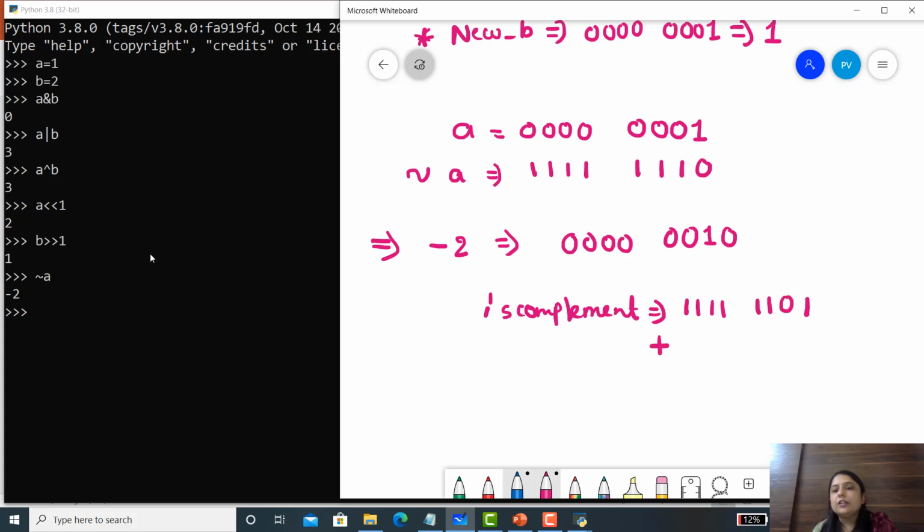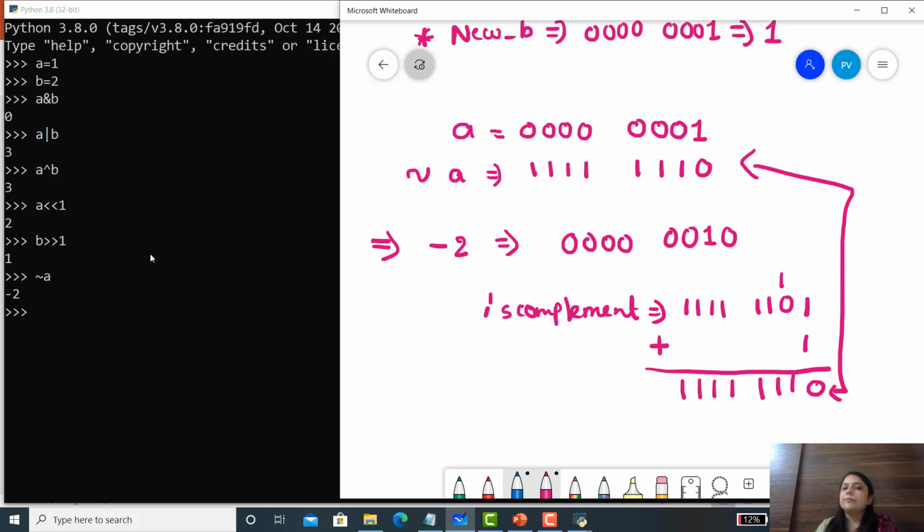Now if I want to find the 2's complement, then I have to add 1. Then 1 plus 1 is 0, and here carry is 1. Now it's 1 1 1 1 1 1 1 0. Now you just compare these two things. The answer is the same.